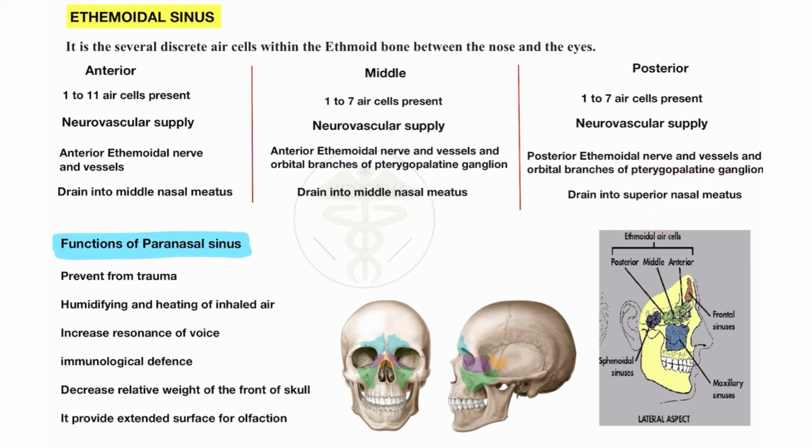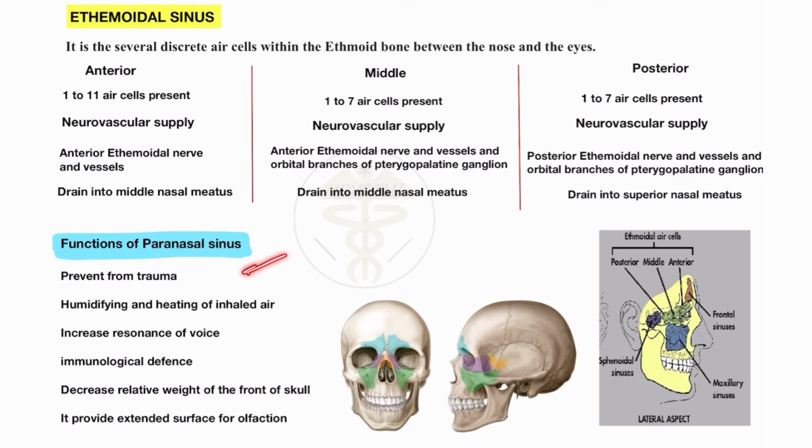Function of the sinuses. What is the function of all types of sinuses in our body? Here you will see the frontal sinuses, the ethmoidal sinuses, the maxillary sinuses, and in the posterior part the sphenoidal sinuses and the posterior ethmoidal sinuses. So there are four types of sinuses, four pairs.